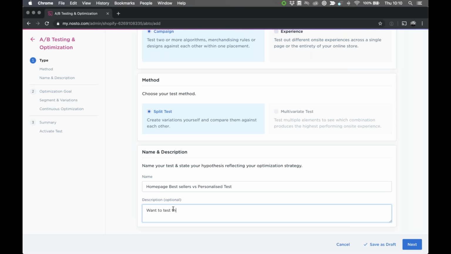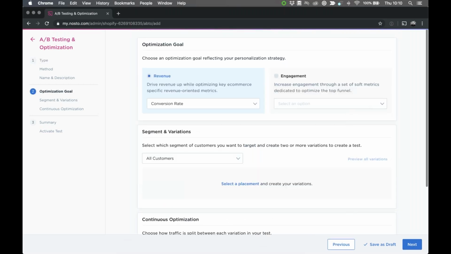Want to test the impact of personalized versus bestsellers on conversion percentage. So next up, we choose our optimization goal, and this is really important because